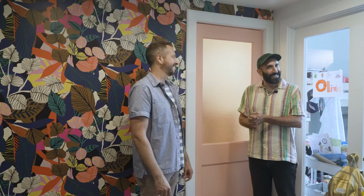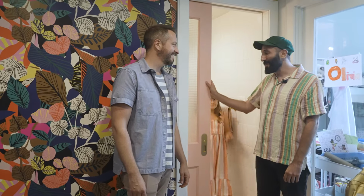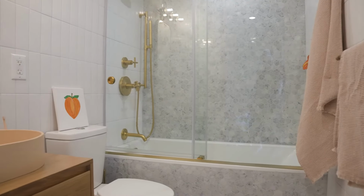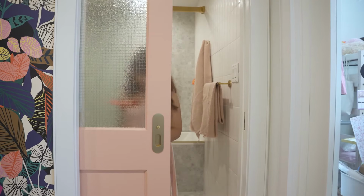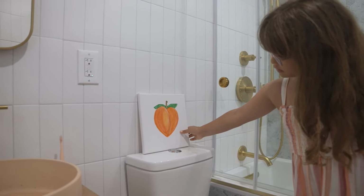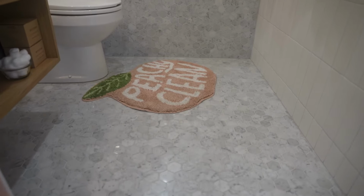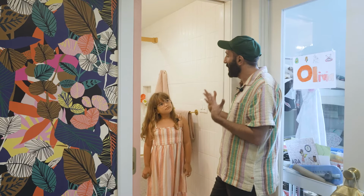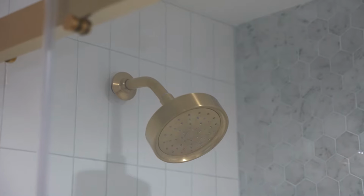We have our assistant designer, Miss Olivia, who actually designed her own bathroom herself. Hi, Olivia. Hi. I love, love, love your new bathroom. Thank you. What do you think about it now that you have a brand new bathroom? I love the peach theme, and I love how everything matches nicely. I love that too. Is peach your favorite color? Yes. So when you designed your bathroom, what were some of the big things that you knew you wanted in your bathroom? I definitely did want a lot of brass included in it,